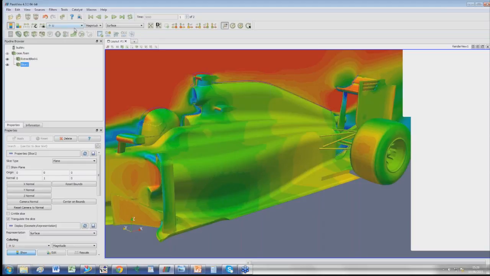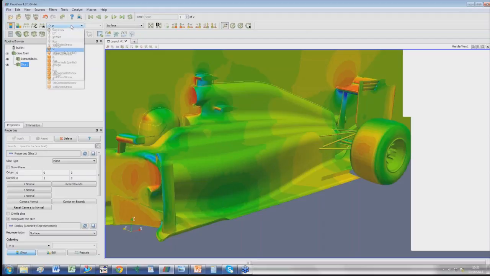And if I go back and color by pressure again, you can see the direct link between velocity and pressure. Effectively, under the rear wing, the pressure is lowered and is increased over the rear wing. And this is purely the Bernoulli effect that we know. So I will go back to coloring by velocity,